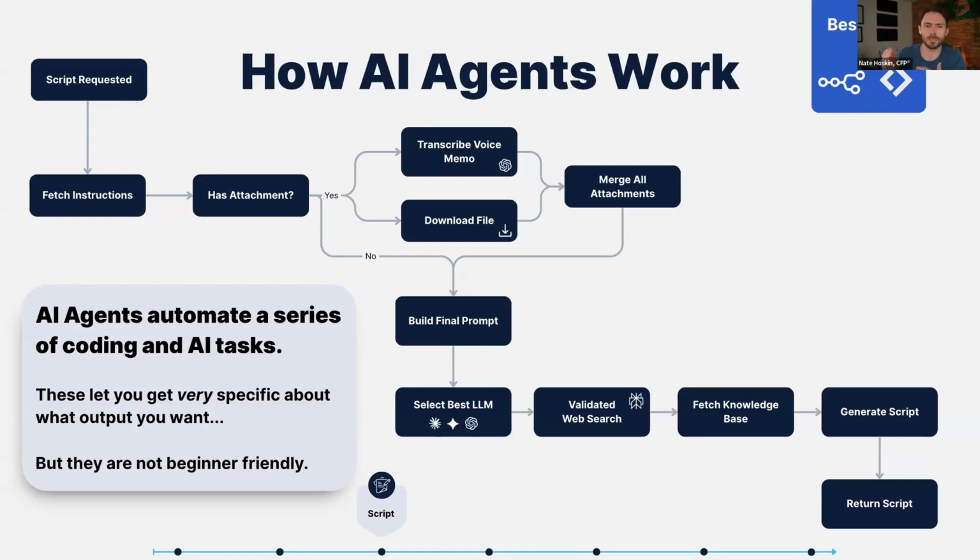So when we talk about the workflow, let's say you're using ChatGPT. You need to be in a project, you need to have the instructions, and then you need to make sure that it's actually reading any attachments that you give it. You will use those to actually build the final prompt, right? So, everything that you actually provide to the LLM. Then you should probably be choosing the best one.